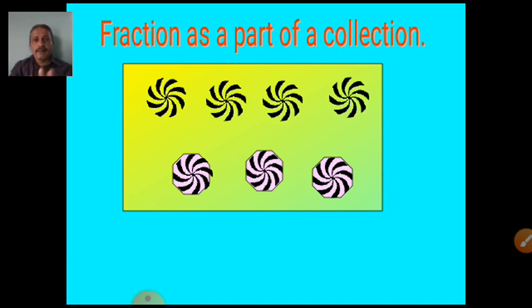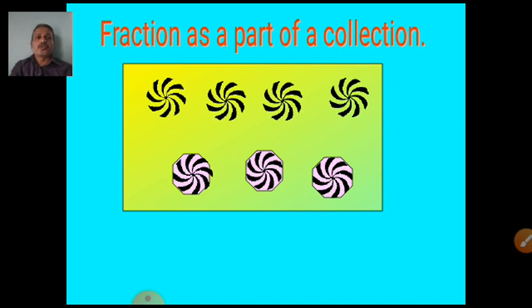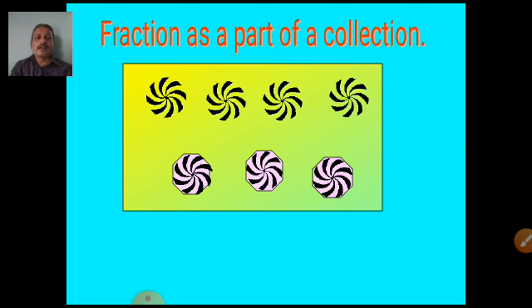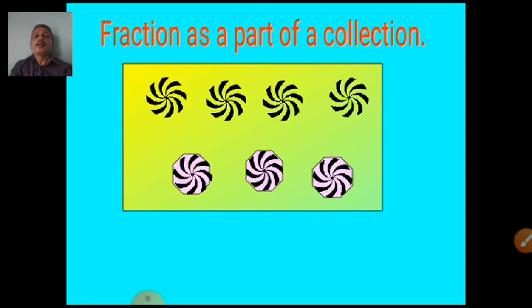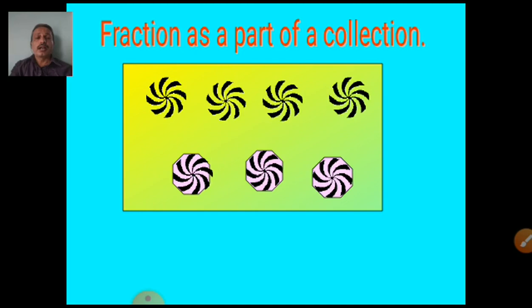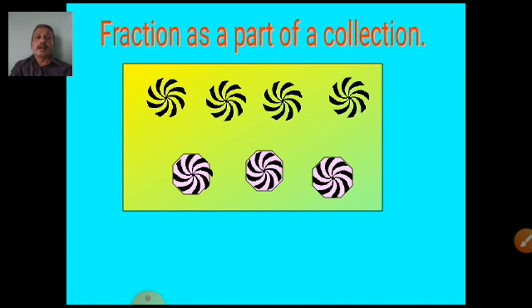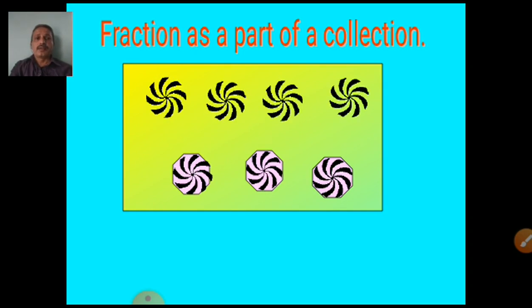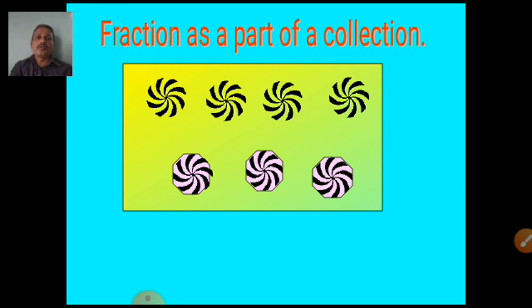Yes, 7 are there. Okay, one more question. How many fans are colored with pink? Good, 3 are there. So, can you write here how many colored pictures are there? So, we have to write first the colored picture number, and then downside the denominator is the total number of the fans. So, we can say easily now the answer is 3 upon 7.